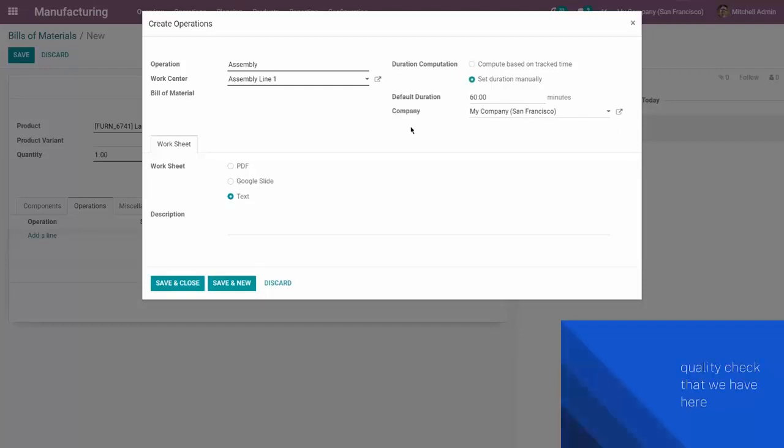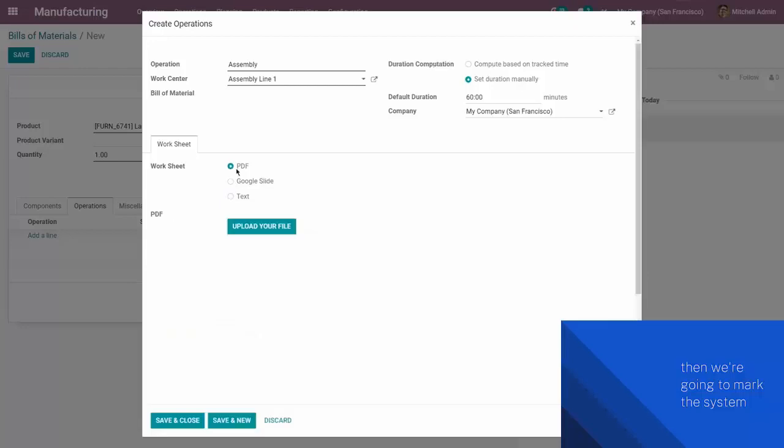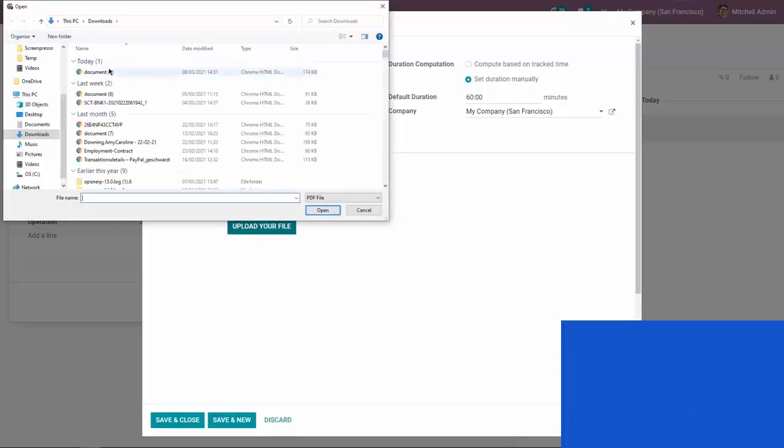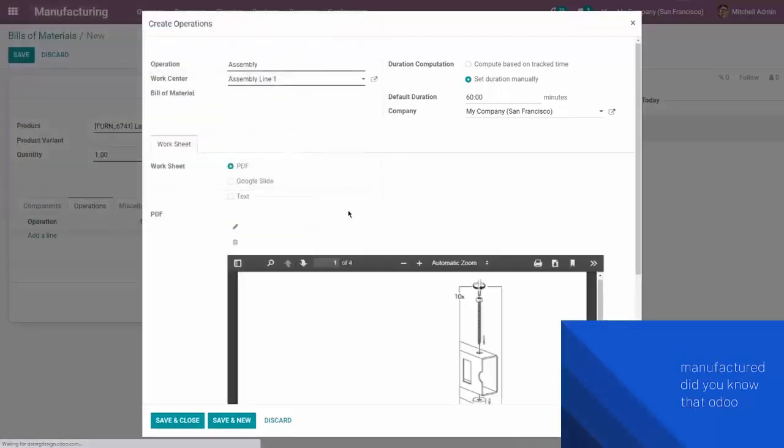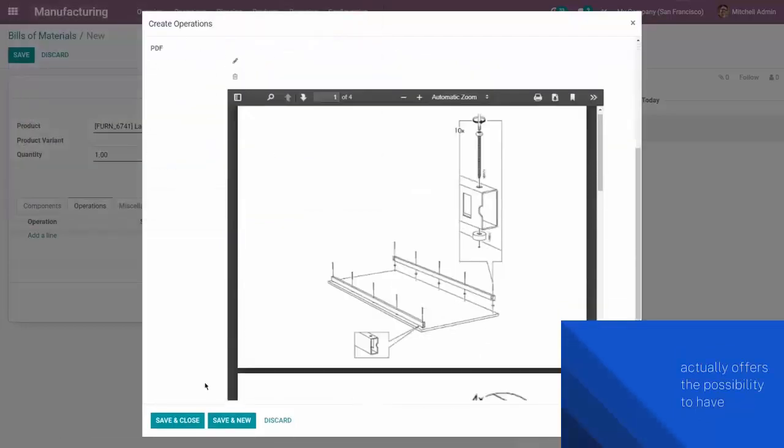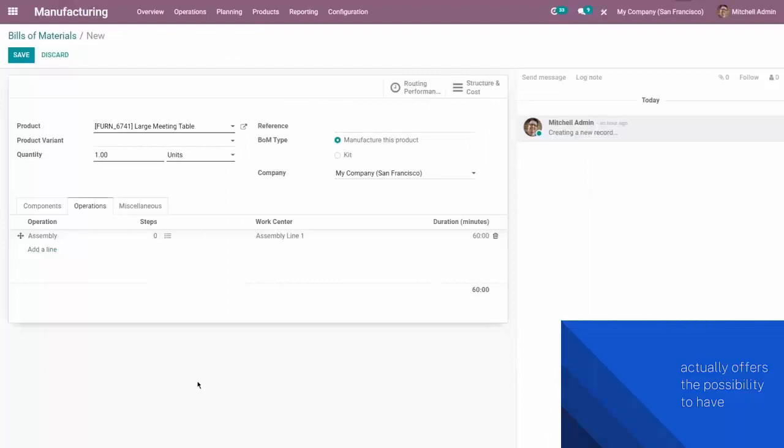And then on the right I have my duration computation, which I can do based on tracked time. So for example, based on the last 10 work orders, or I can set that duration manually, which is what I'm going to do. So I expect it to take 60